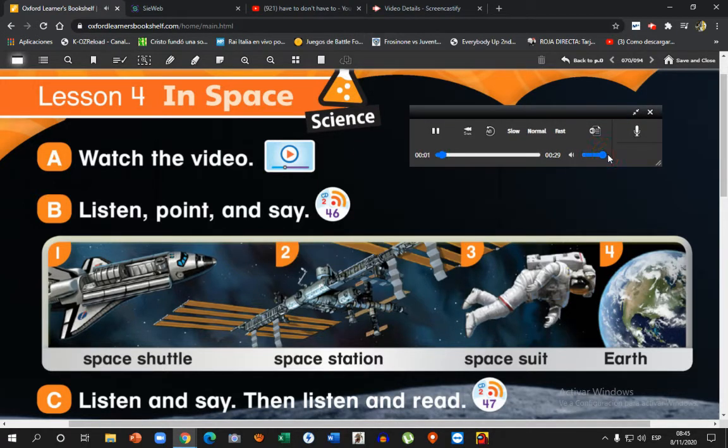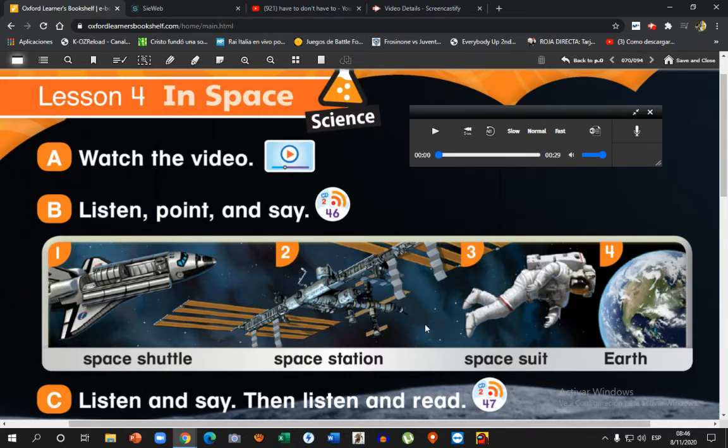Page 70. Lesson 4. In space. B. Listen, point, and say. 1, Space shuttle, 2, space station, 3, spacesuit, 4, Earth,